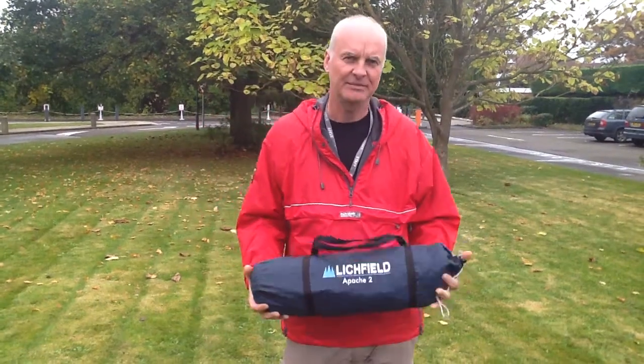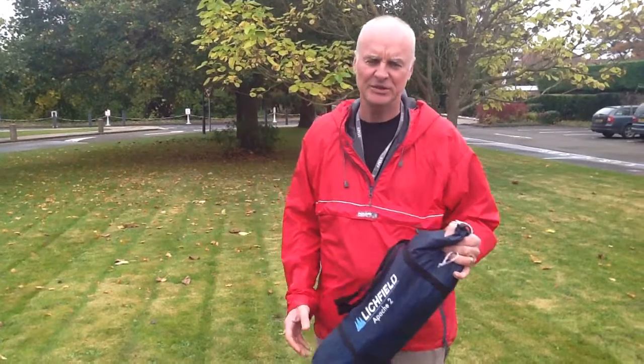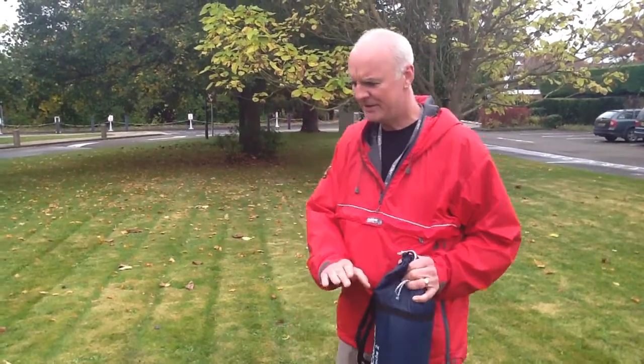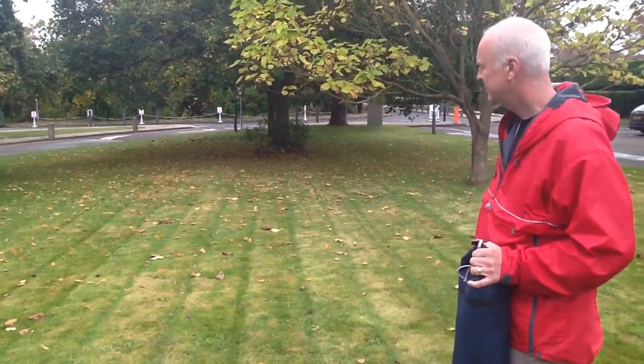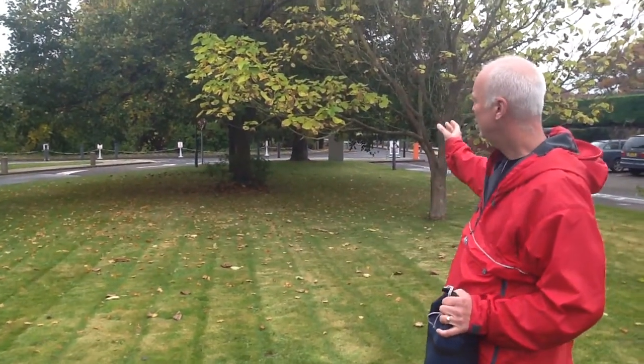Today we'll just look at the basics of putting up a tent that goes up inner first. Before you do that, what you've got to do is select a suitable location. The area needs to be firm and flat and preferably level, and you want to site your tent away from